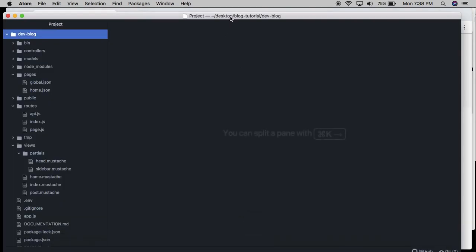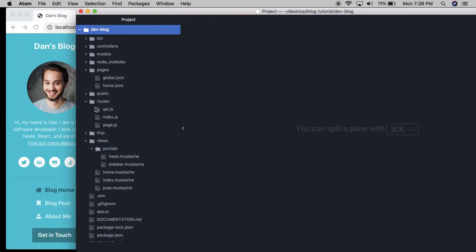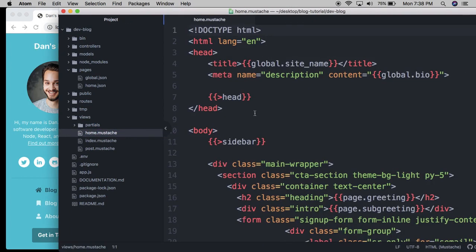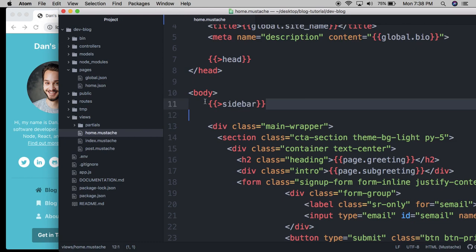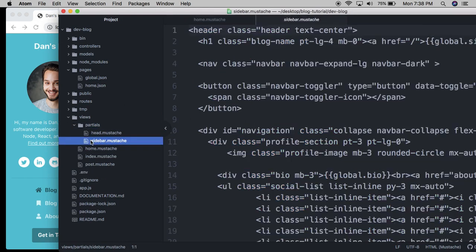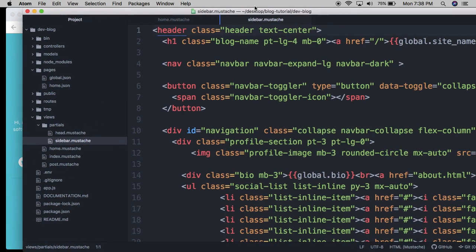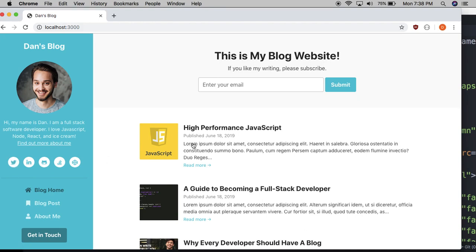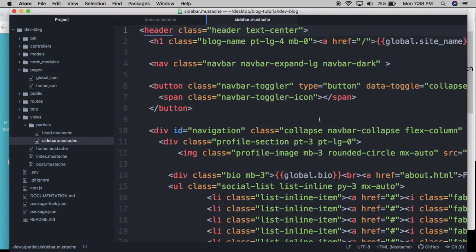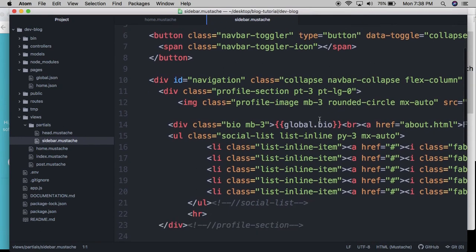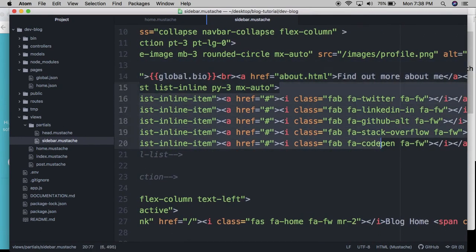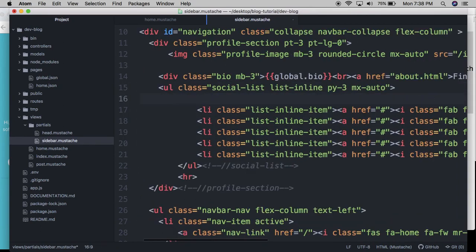So then here I am in the code, and we have the home JSON, which is what this obviously is, and the sidebar partial right here, which is what's rendering most of that global data. So let's finish up this part right here. I'm going to continue configuring the social media icons from the global JSON configuration file. So what that means is this section right here, which is where all the social media icons are, should be configured from